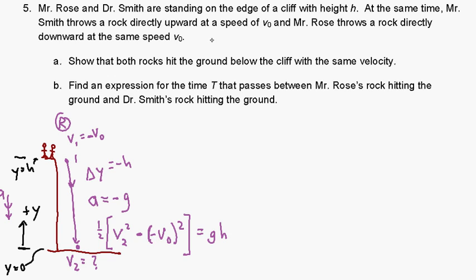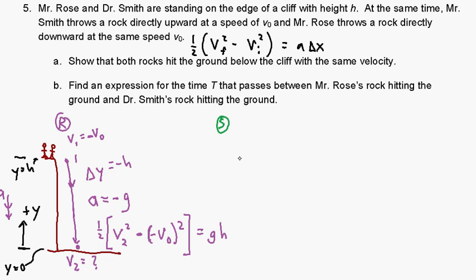I'll write it really quickly up here. Vf squared minus vi squared, 1/2 of that equals a times delta x. And so that's just applying this to the Rose situation. Now for Smith,